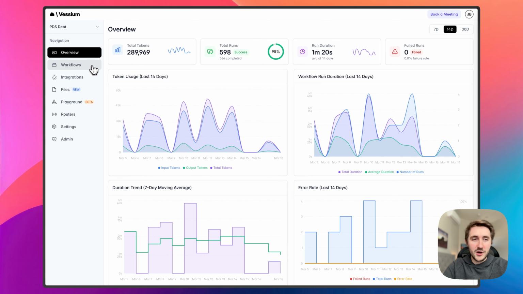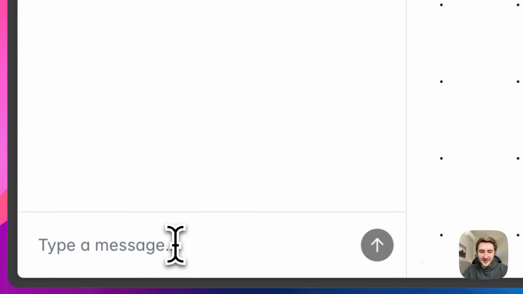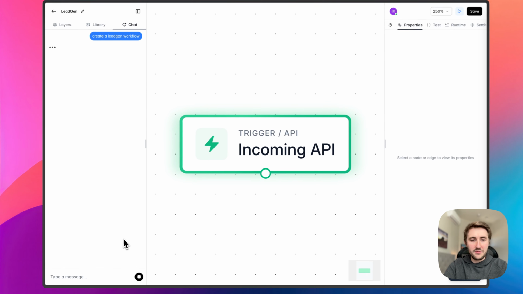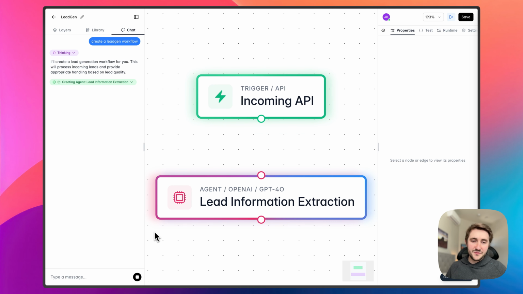So let's start by going to our workflows, and we'll create a new workflow. Let's just make it a lead gen workflow for example's sake. And we're going to ask Vessium to create us a lead gen workflow. And now we can have this be as catered and personalized to our situation as much as we want. For this specific example, we're just going to make it very generic